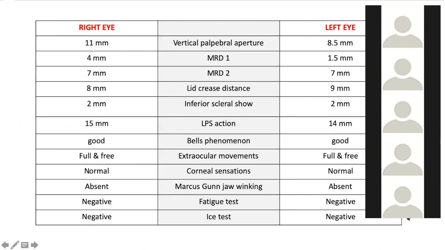Tell me something about the Fasanella-Servat operation. What are the indications for Fasanella-Servat? Can you do it in this patient? So Fasanella-Servat is usually good for congenital ptosis which is mild and with a good LPS action. Okay. So in this patient, I would like to go for an LPS advancement or an LPS resection surgery